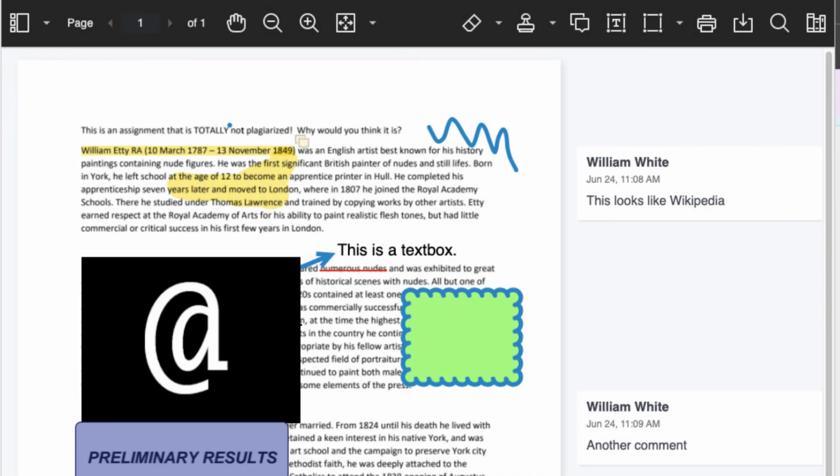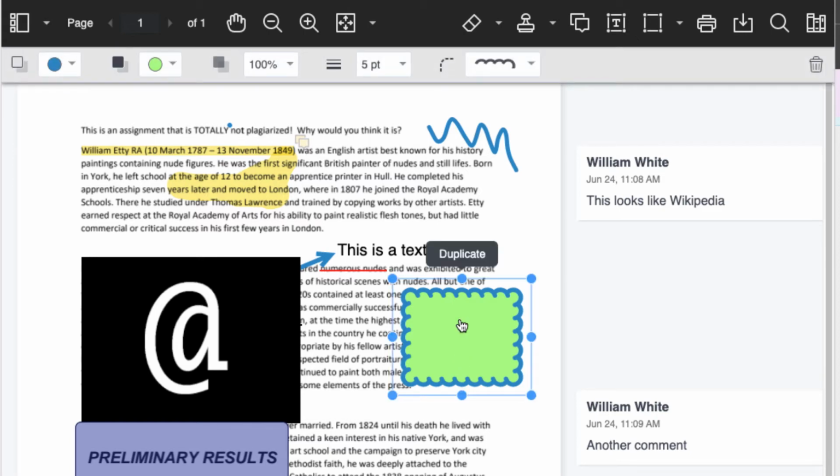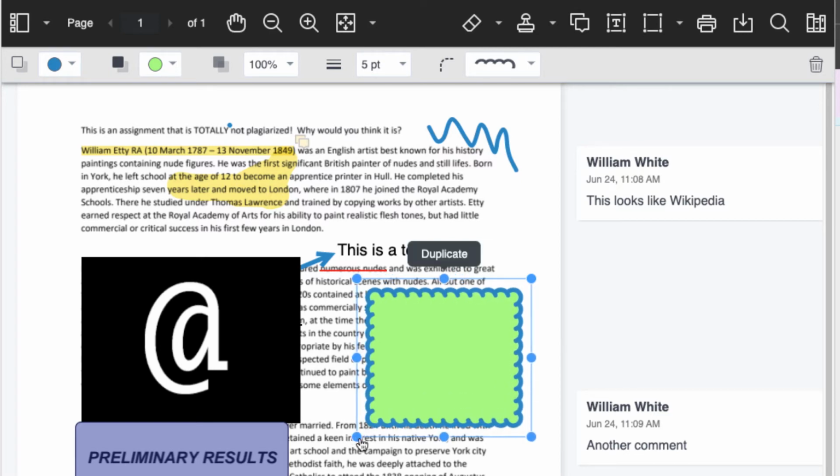So if you want to edit your annotations later, it really depends on what type of annotation it is. So for pictures, shapes, text boxes, you can click on it, and when you do, you'll get the same menu up here that you had when you created it. And you also have the trash can that you can click to completely get rid of it. On the item itself, you can change the size with the handles here, or click Duplicate to copy it.